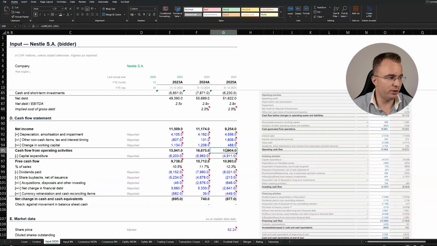So 15,904 is the operating cash flow, and we get this. Again, this helps us then afterwards combine the two financial statements when we get to the merger model. Then we subtract the capex and the investments in intangible assets to get sort of a free cash flow metric. Here you could also split it into the full investing cash flow, having a full operating cash flow and the financing cash flow. But to make life easier later when we start forecasting the free cash flow in the DCF, I've bundled it all into this capex figure and included the rest here below to get the net change in